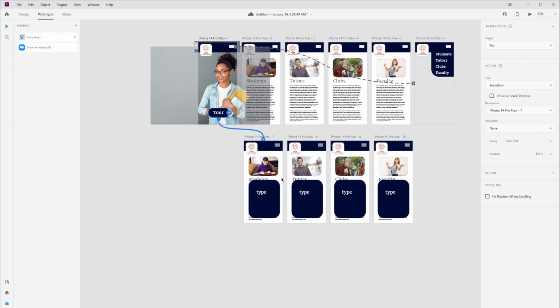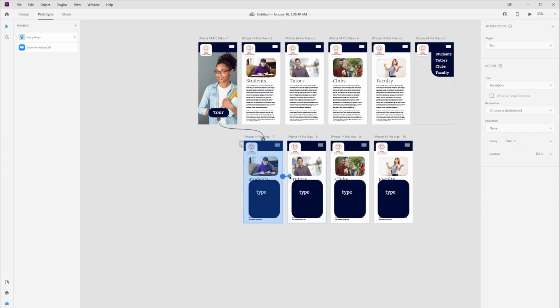Well, what we can do is instead of clicking on an object, we can click on the page itself and then drag it over to the next page. And the trigger, instead of a tap, could be time. And then we can choose how much time that user's on the page, thinking about how long they need to read, what they need to see. You could also say tap to continue if you want it to be tap, but I just wanted to show you can do a time delay as well. And I'm just going to do this for 2 seconds so our demo doesn't go on too long.